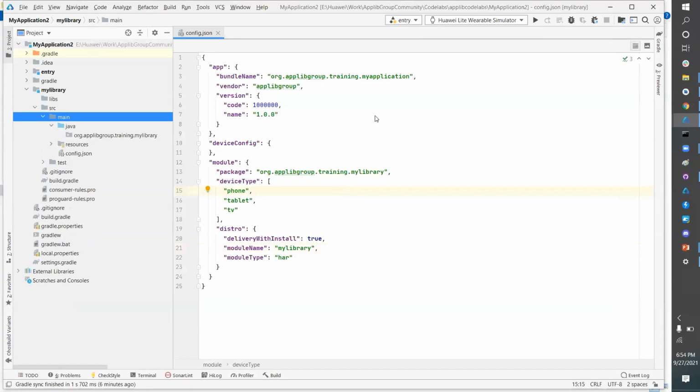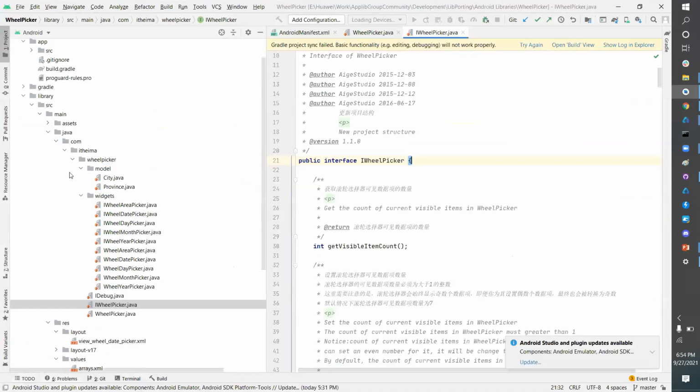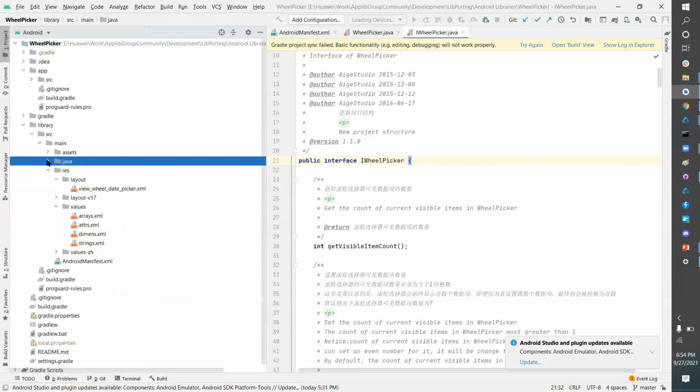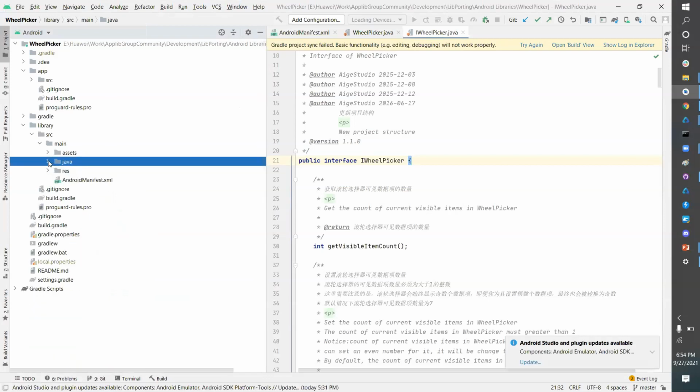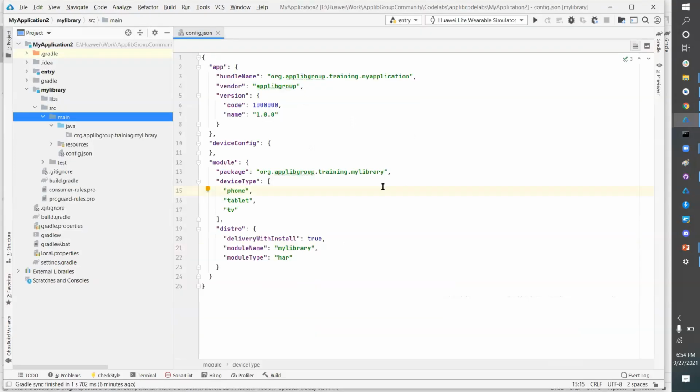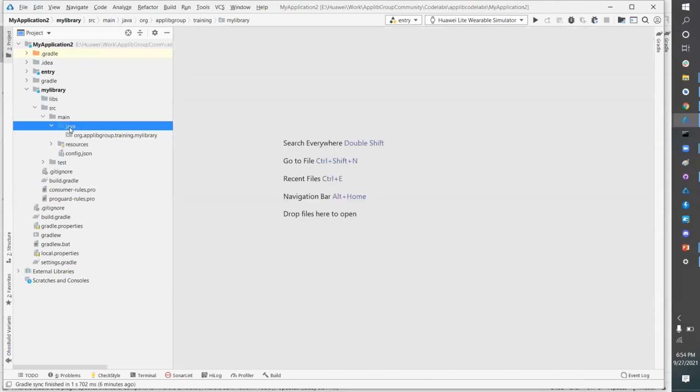And the same thing in Android, we have source, main, and Java. Till here, everything is good. So the first thing I will be doing is copying this folder and pasting it to Harmony. Because this is empty, there are no files as of now. So I'm good to start doing this.